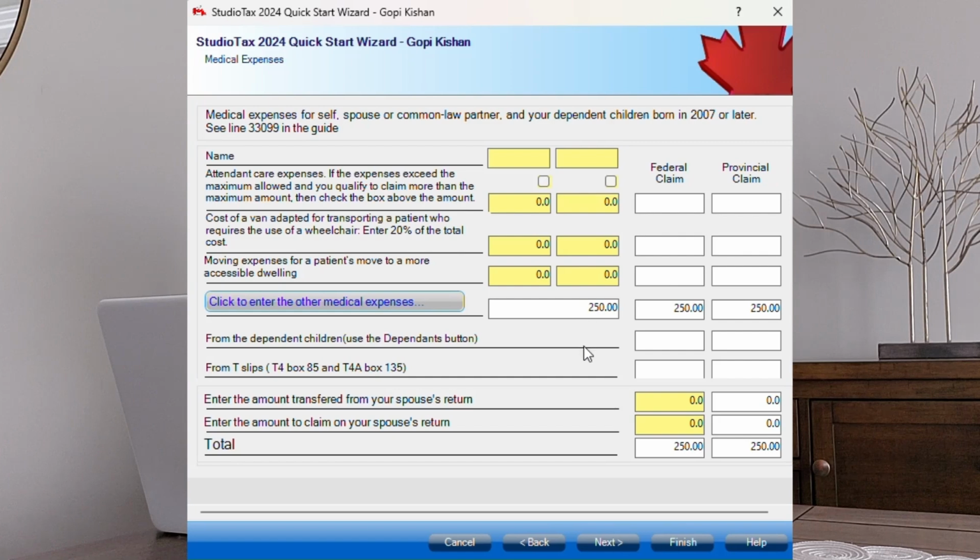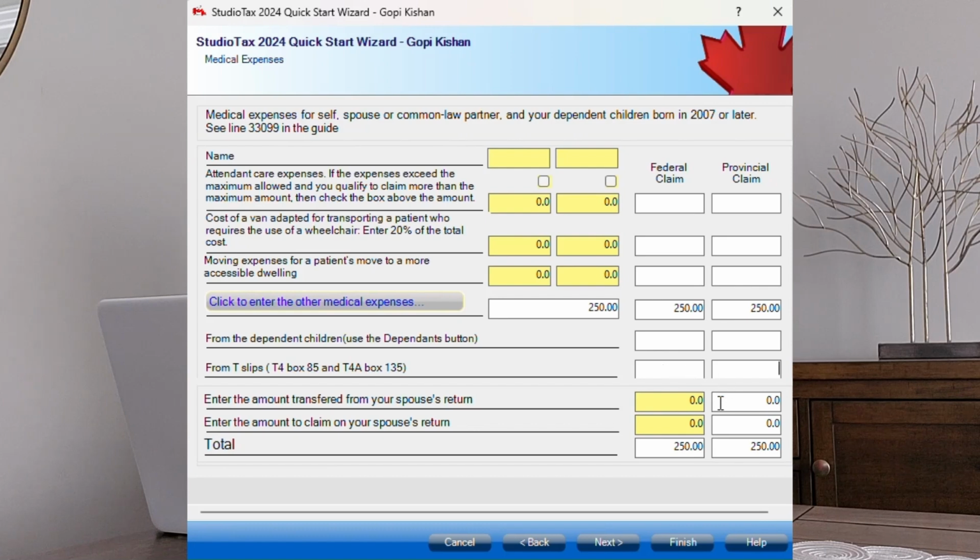Even though this is online and they don't read any receipt, they can audit your tax return anytime in 7 years following your tax return. So they can audit this tax return for 2024 till 2031. Also, I told you that the box 85 from the T slip, if you have anything, will be automatically